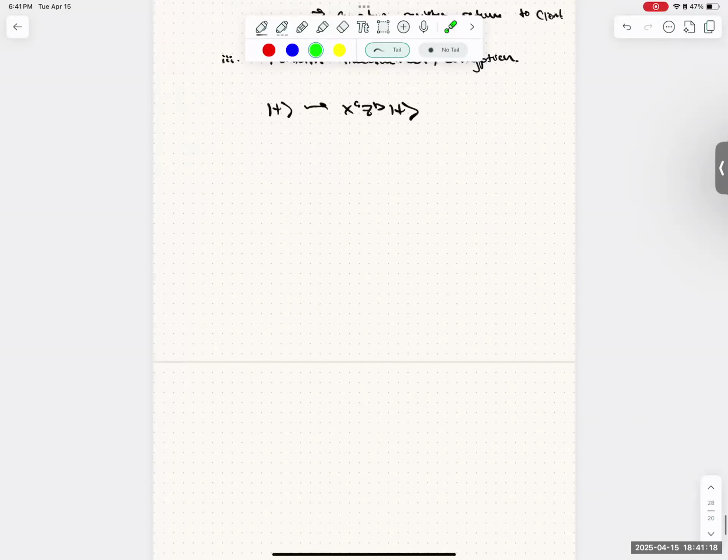Like I could have something like this. Maybe I shouldn't use the same system A. This thing is a product state in itself, but it's tensored with some